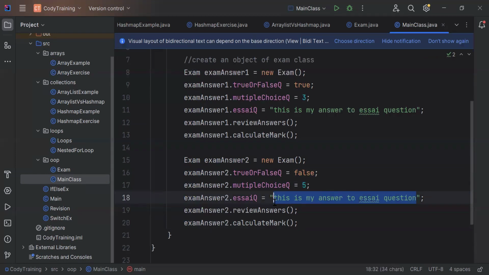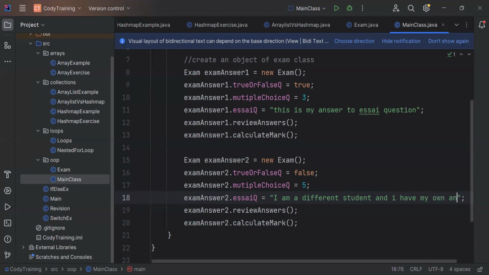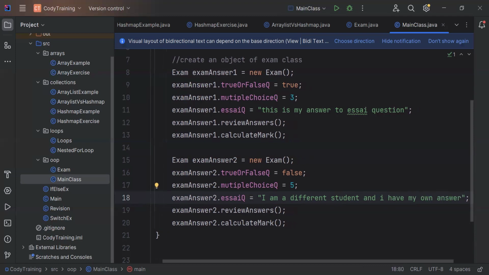Now I will change this and I will say I'm a different person, I'm a different student, and I have my own answer. Okay, so if I run this program again,